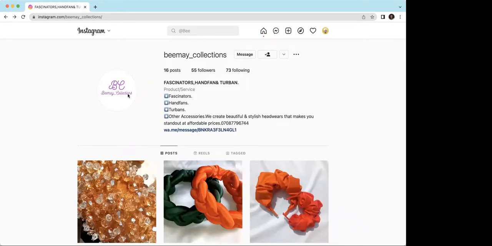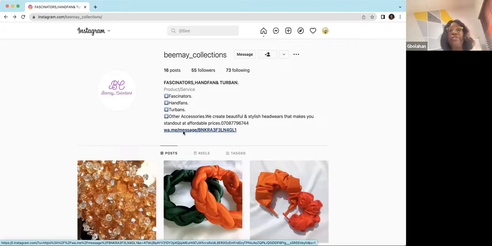WhatsApp business account. Okay, so it would be nice if you had something like that. So it will be linktree dot something slash B-May collection. Do you understand? So it doesn't really have to have your link showing out like this. It makes it look neat and organized.